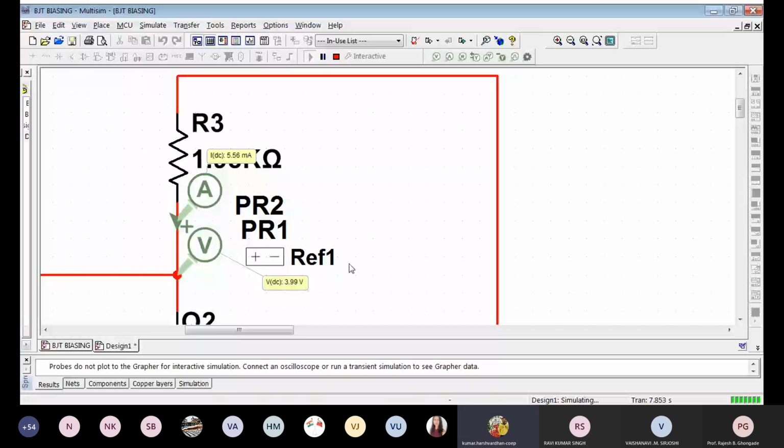Here I am getting 3.99 volts and 5.56 milliamperes. So our analysis is correctly verified by the simulation. Again, as you can see, there is a shift in the Q point, but this shift in the Q point is not as severe as that in case of the fixed current bias. So that was the collector to base bias.